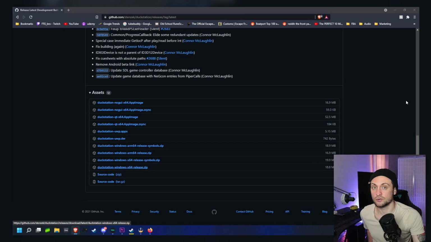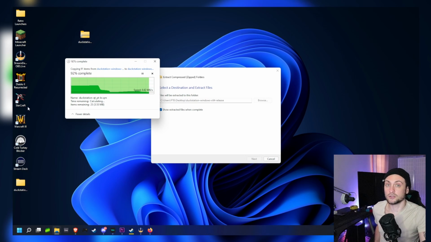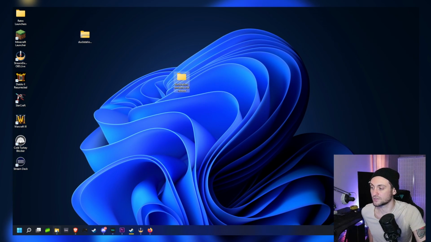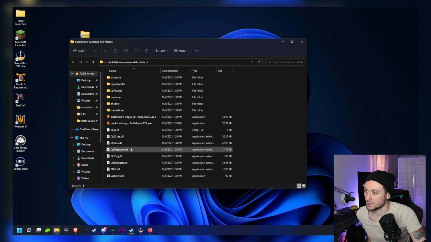Save the installer to a folder on your computer of your choice. Desktop could work for you. So after you've downloaded the zip file, go ahead and extract the folder that's inside. This will work as the install folder. So if you want to install it in a specific place on your computer, you're going to have to do it manually. Open up the folder and inside you're going to see